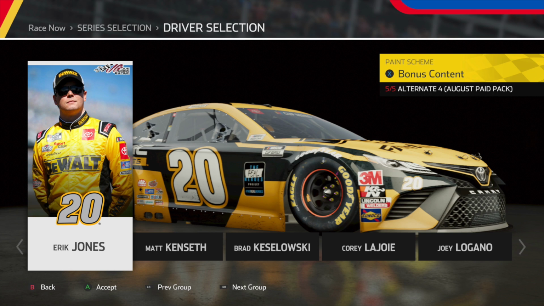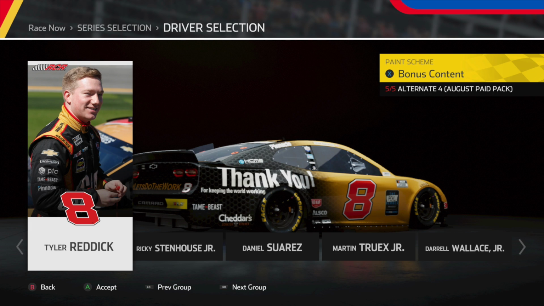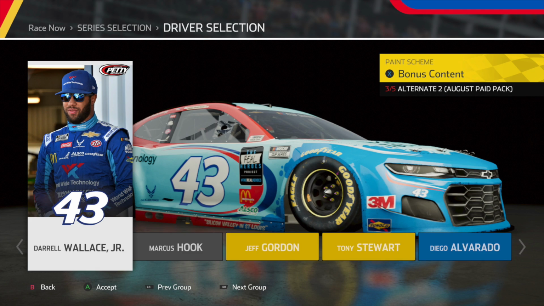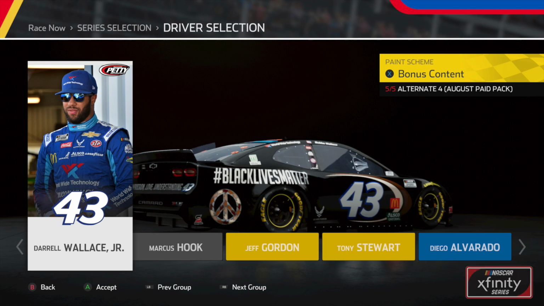We have Eric Jones, the real hero scheme, along with Ryan Preece, Tyler Reddick, Ricky Stenhouse Jr., Daniel Suarez, Martin Truex Jr., and Darrell Wallace Jr. But we still have more Bubba Wallace schemes. We have the Blue Worldwide Technology scheme that looks really good and I think should be ran more. And we have Bubba Wallace's Black Lives Matter scheme, which I will not be giving my opinion on because I